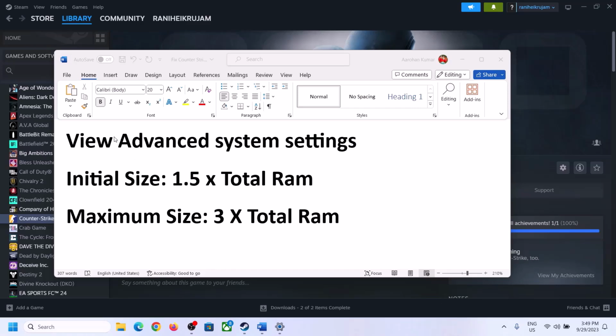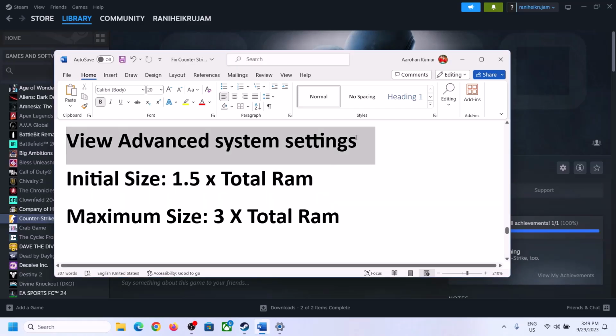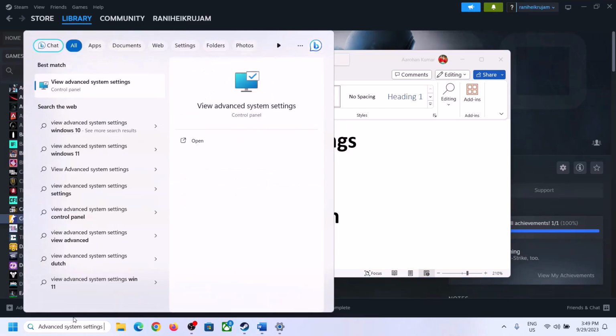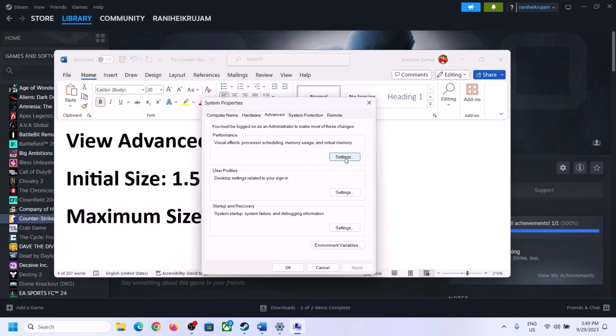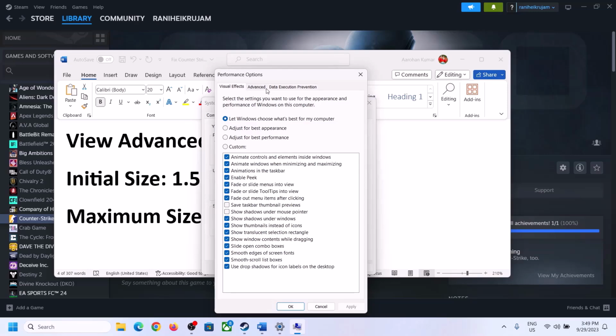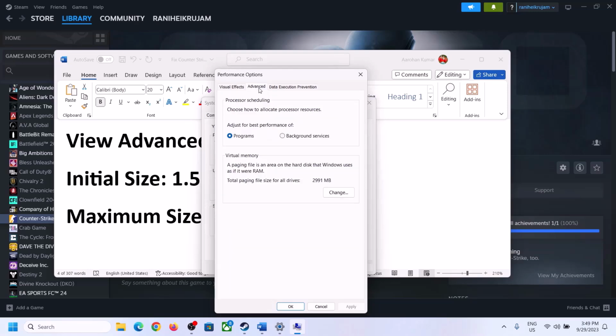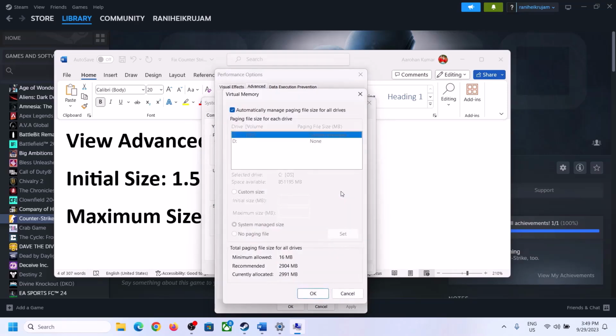So to increase the virtual memory, type in View Advanced System Settings in Windows search box, and then click on View Advanced System Settings, and then click on the first settings, and then go to Advanced tab, and then click on Change over here, and then select the drive. So uncheck the box which says automatically manage paging file size for all drives. Uncheck this box and select the drive where the game is installed. So select the drive, and then once you select the right drive, now put a check on custom size, and